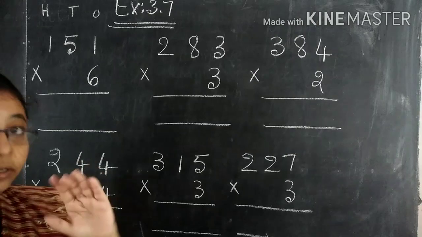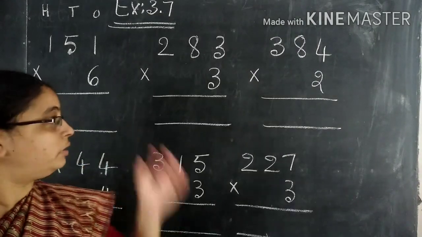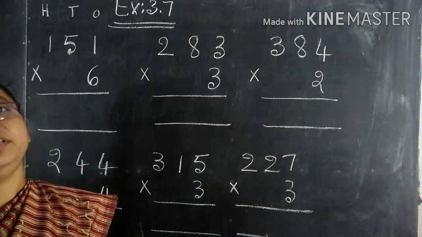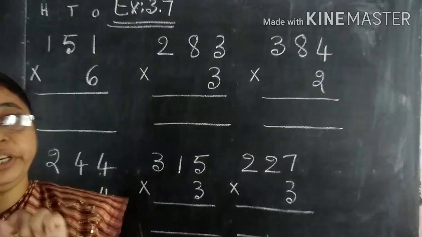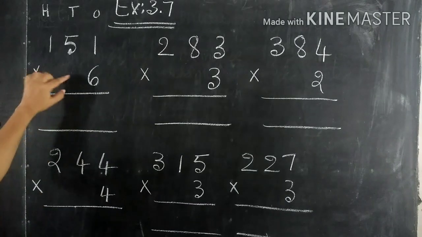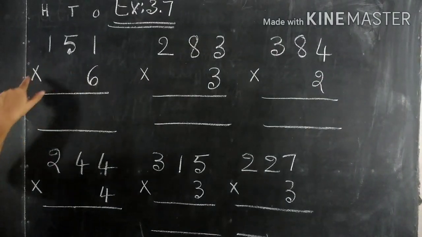Look here, look carefully. If you understand one, you can do however many digits they give also. That's very easy. You should know the method to do it. You understand? Look here, 6 is there. We have to multiply